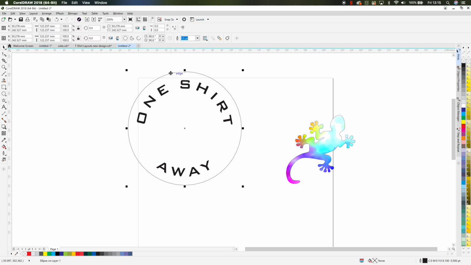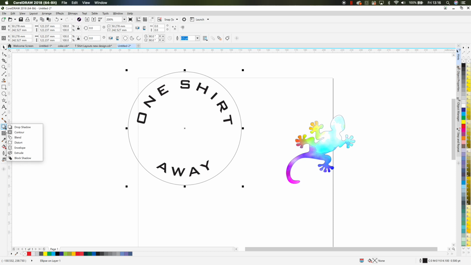Now what we can do, there's two ways of making an edge for this. One, we can use a contour tool, which will basically reproduce this edge at a smaller or larger size. The other way is actually we can make the line thickness thick, and then we can convert it to an object afterwards. So first off, let me show you this way.